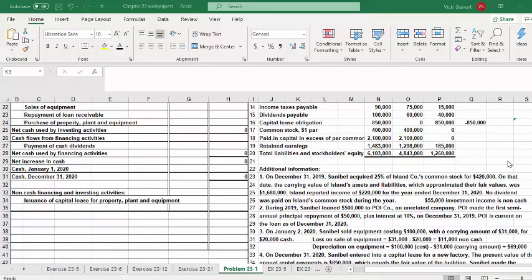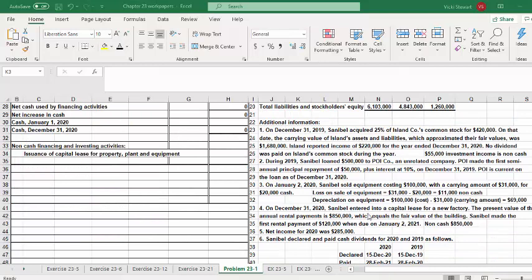The next item states that on December 31st, 2020, Sanibel entered into a capital lease for a new factory. The present value of the annual rental payments is $850,000, which equals the fair value of the building, and Sanibel made the first rental payment of $120,000 when due on January 2nd,